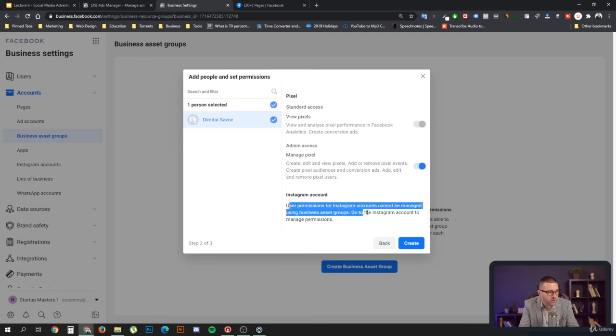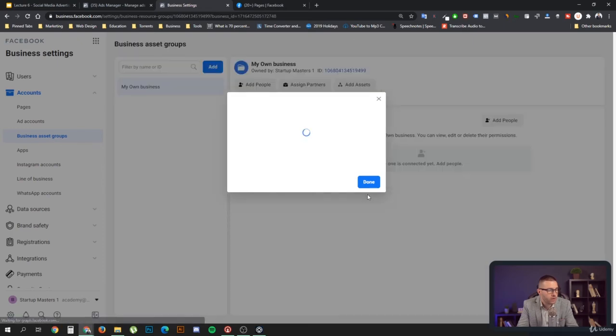And for the Instagram account, the Instagram permissions are managed inside of the Instagram accounts. We expect Facebook to change that in the future. So whenever you watch this video, do check if you can manage that inside of Business Manager. It's coming at some point, but for now you need to manage it within your Instagram account. So now that I have created my asset group,